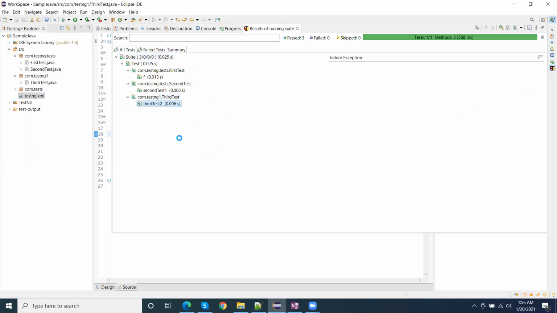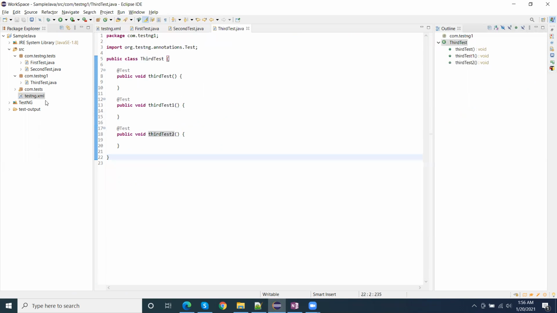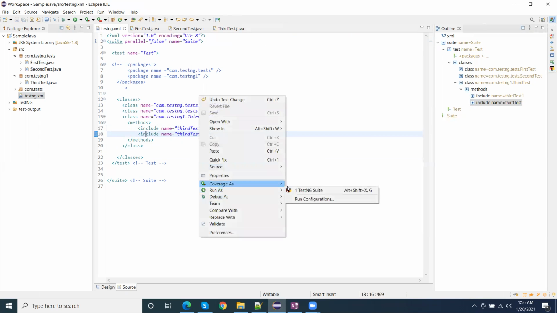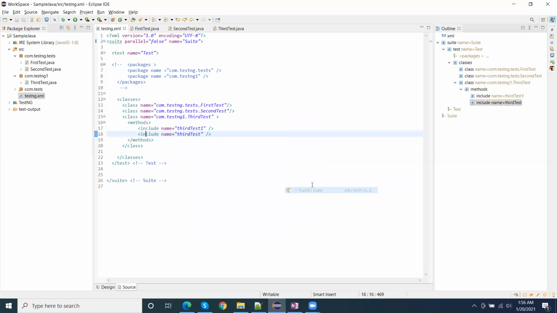This one. Okay, similarly we can include multiple tests. Like let me include, so currently two tests are included. So these two tests will execute and the other tests will be skipped from the third Java file.